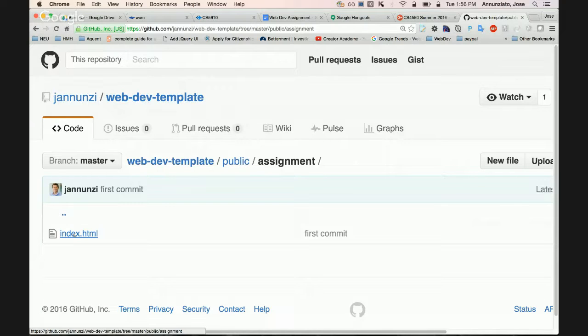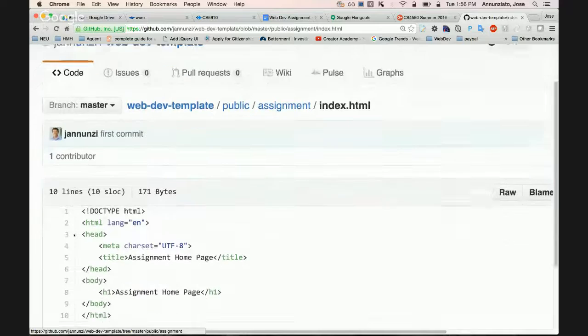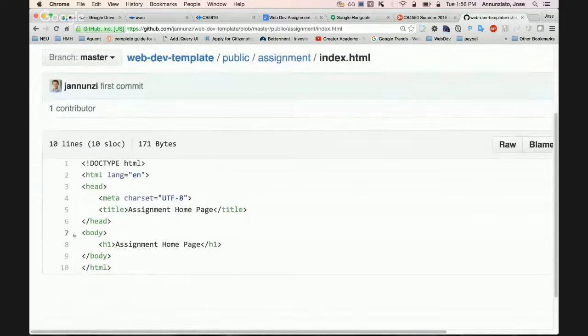And this index file right now is a very simple index file. You're going to be modifying this as I ask you to in the assignments. I'll show you what you're going to be building in a minute. You're going to be replacing this with what you need to implement the assignment.